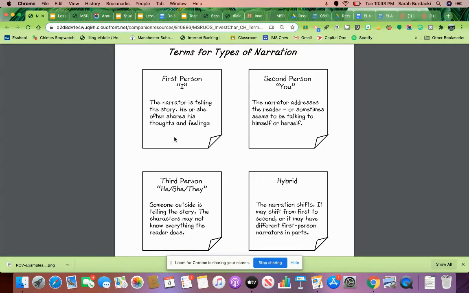Okay, so just to give you some examples, both The Hate You Give and The Hunger Games have a first person point of view. The story that we've been reading for a while, the Ordinary Hoop Court story, has a second person point of view. Harry Potter and Fangirl have a third person point of view. And then Wonder and Lightning Thief both have a hybrid point of view. And this is becoming really popular lately.